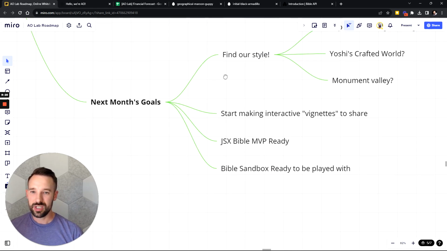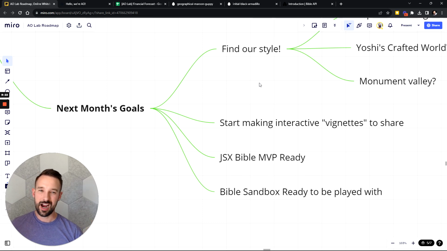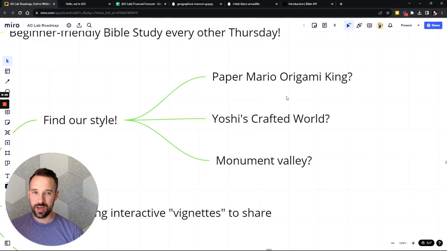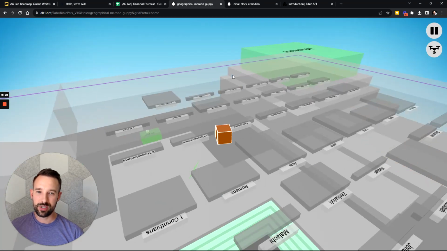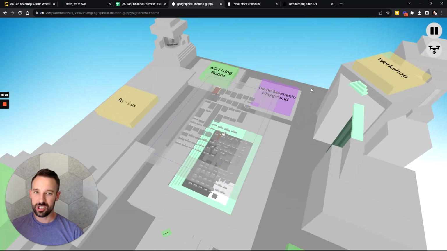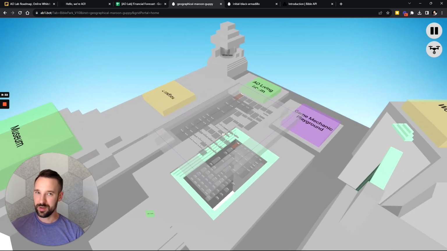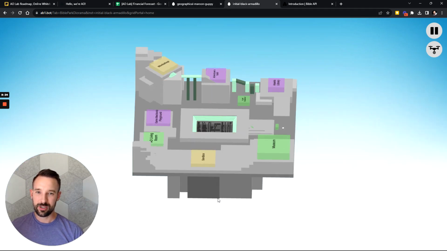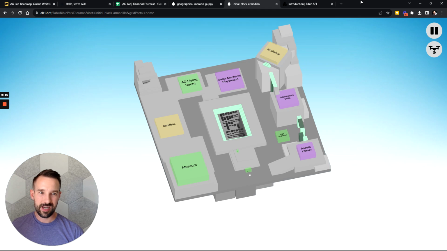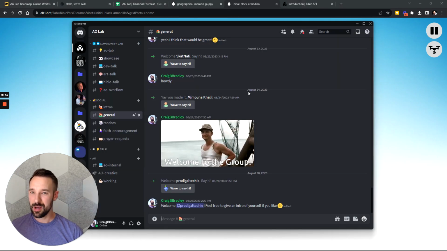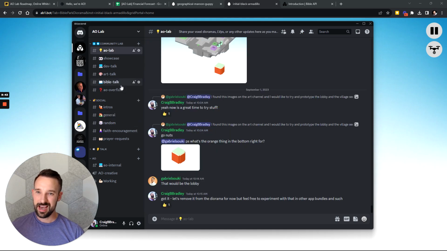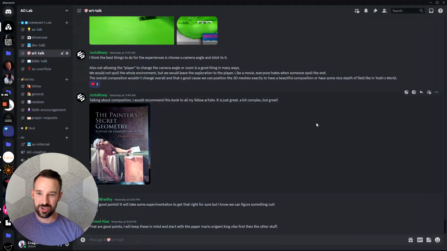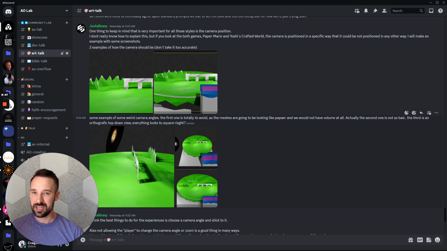Next month's goals are to find our style. So there are many possible inspirations for our style and our look and our approach. We need to find something that we can just pick and stick to a little bit. And so our next month's experiments are to find ways that we can make content be engaging, look as good as possible, but also be as performant as possible, as I've mentioned. And we're doing some tests right now in that